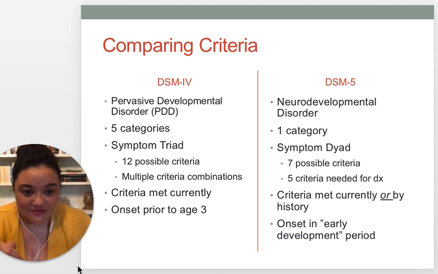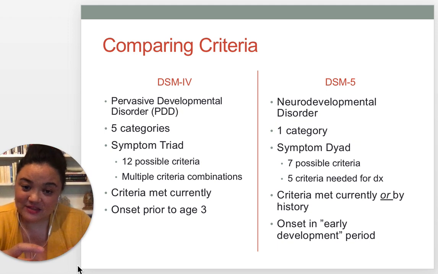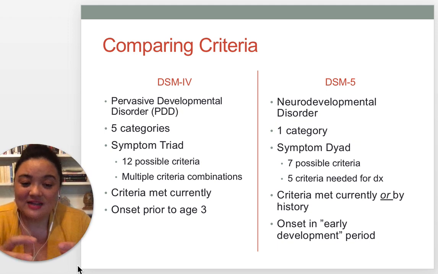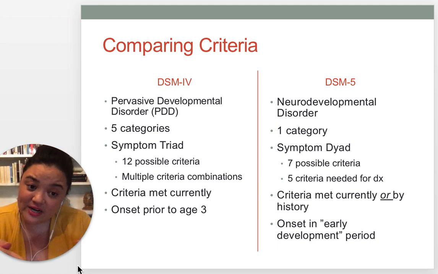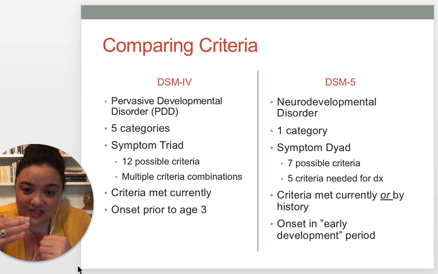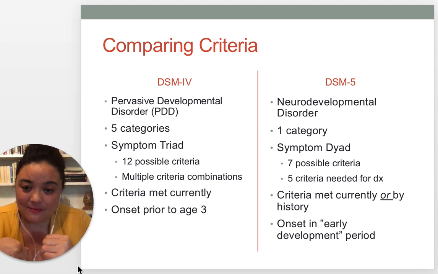However, under the DSM-5, they acknowledge that with intervention, you may not necessarily demonstrate these behaviors, or might not be as severe in some of them, but that doesn't mean you don't have autism, right? So under the DSM-5, the individual needs to currently demonstrate or have a history of showing some of these behaviors. Okay. Lastly, under the DSM-4, the individual has to currently show the behaviors, and these behaviors needed to start